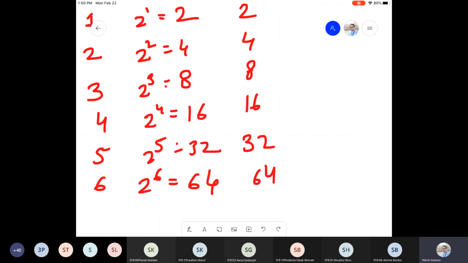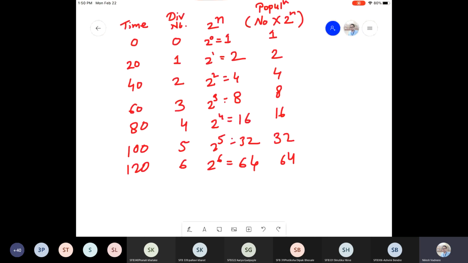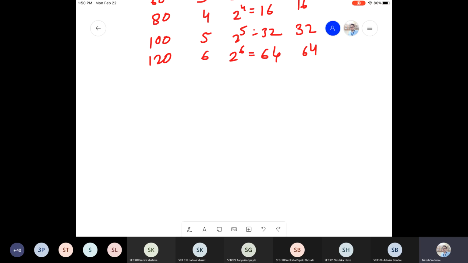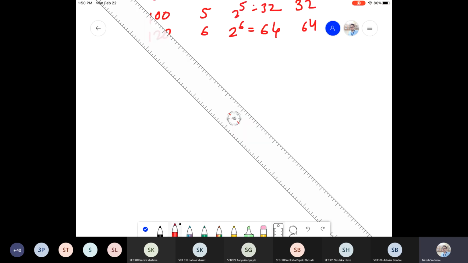So this is how the bacteria shows the increase in their number with respect to time, and this increase is also a logarithmic increase. Okay, logarithmic increase means what? There is an exponential increase in the number of bacteria. So if you plot a graph of the incubation time versus the